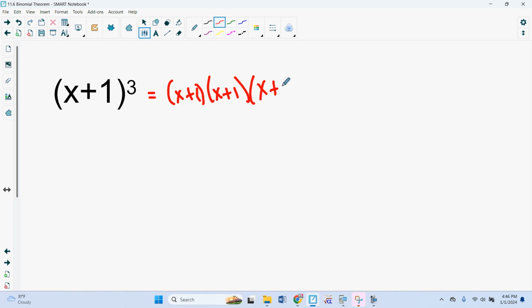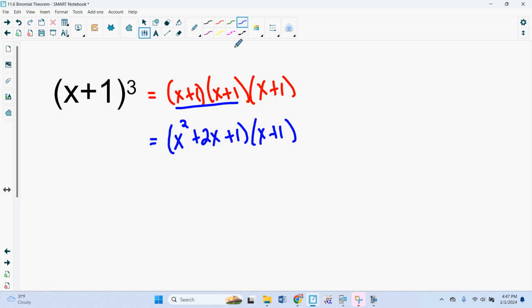times x plus 1. Now, I'm just going to say, for all of you that are the box method people, it's going to be a lot more work to do this with the box method. And the idea here is we'll eventually get to where we don't have to do this, but just follow along. So first, we're going to FOIL these two, which we just did a second ago, which is x squared plus 2x plus 1